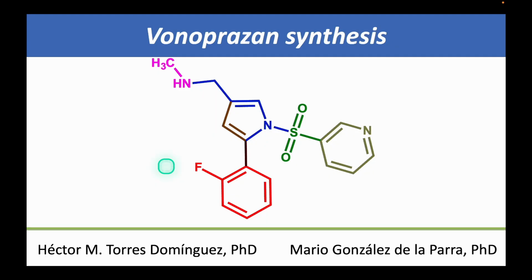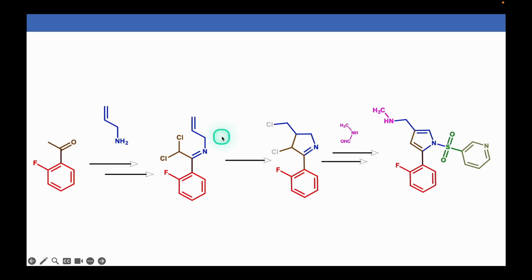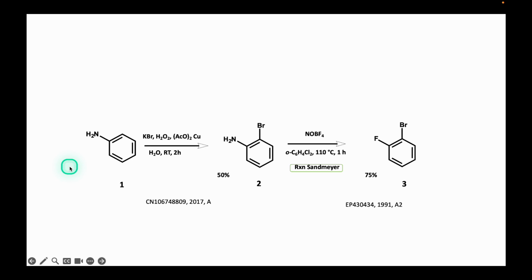Hello! In this video, we present the synthesis of Vonoprazan according to its retrosynthesis presented in the previous video. In this synthesis, the key step consists of preparing the 5-membered nitrogen heterocycle from commercially available raw materials, as we will see later on. The synthesis begins with the regioselective bromination of aniline 1, catalyzed by copper salts, and using